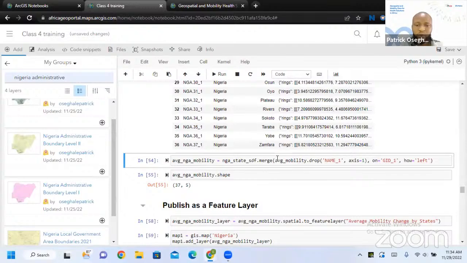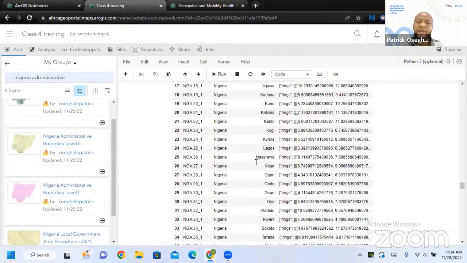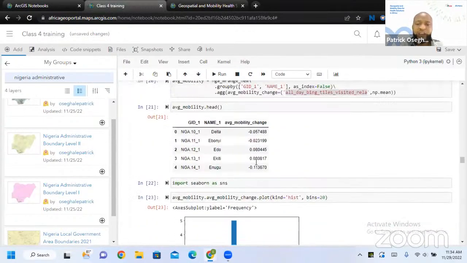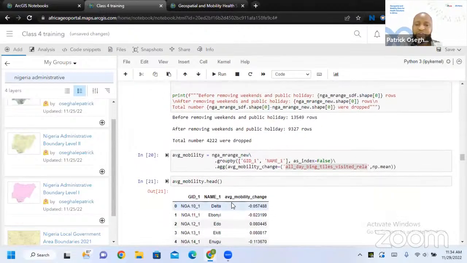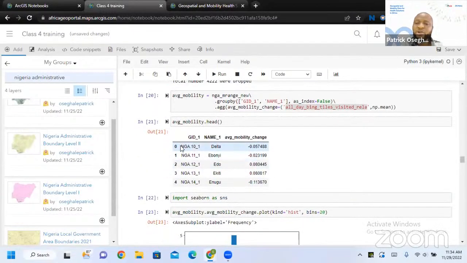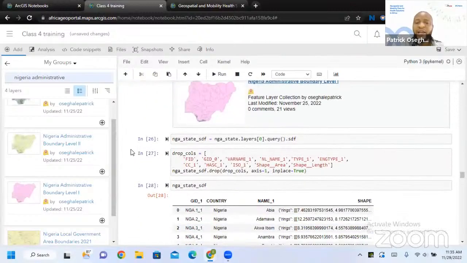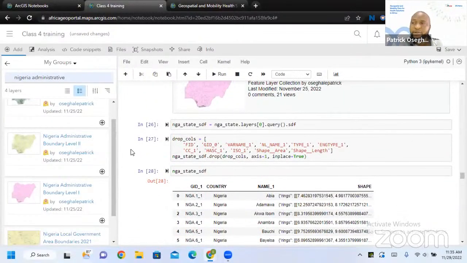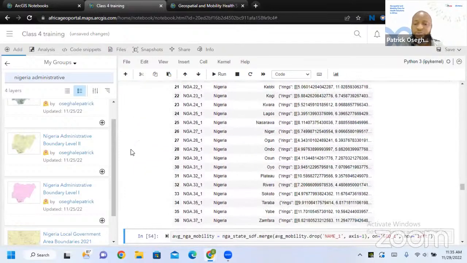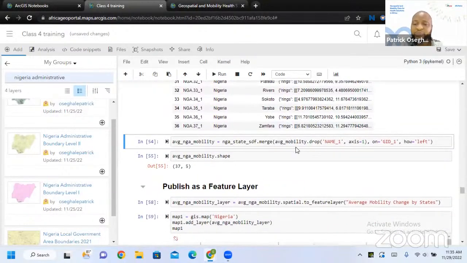So now what we have to do, I have to merge this with my mobility data, the average mobility I've calculated. And the column that is common between both of them is the state ID or the state name. I'll prefer to use the state ID when it comes to spatial, because you might have a state that is having the same name. Just think of, I'm using local government, and there are some local governments in this country that have the same name. So that's why I prefer to use the ID. We should also make it as a best practice.